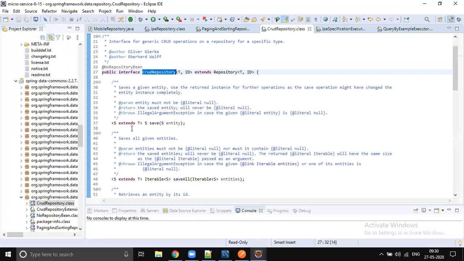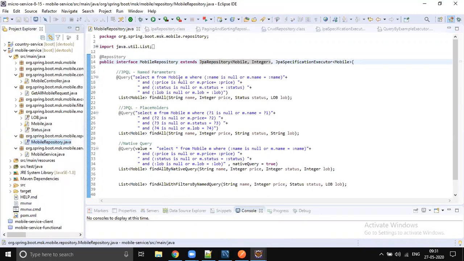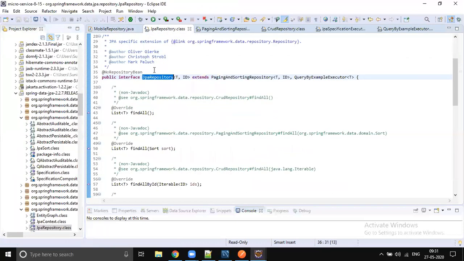So the developer is not supposed to use this JPA repository or CRUD repository. He can directly use the JPA repository, right? But that is not the intention. So every user who is going to use this JPA repository or CRUD repository or whatever it is, like the paging and sorting repository, they should write their own repository. So how can they make sure of that? Just because of this annotation, the @NoRepositoryBean annotation.